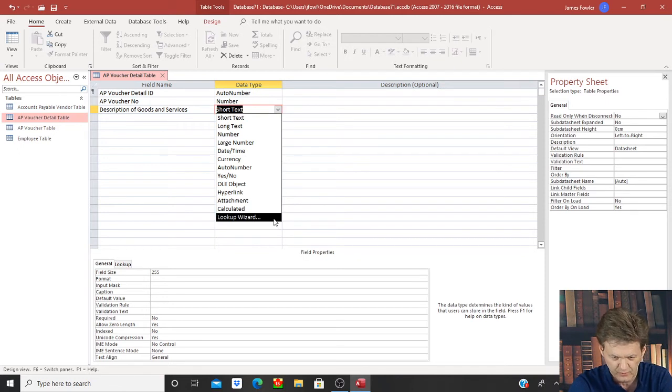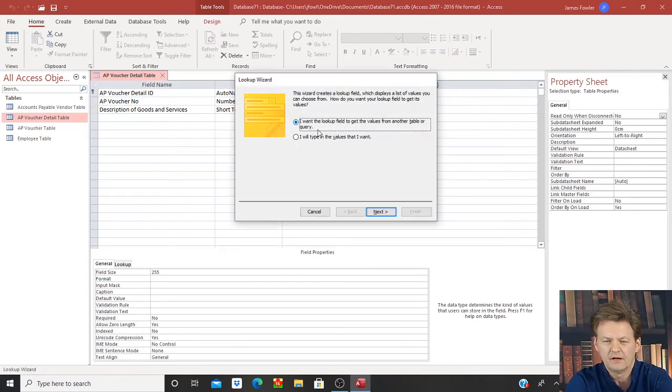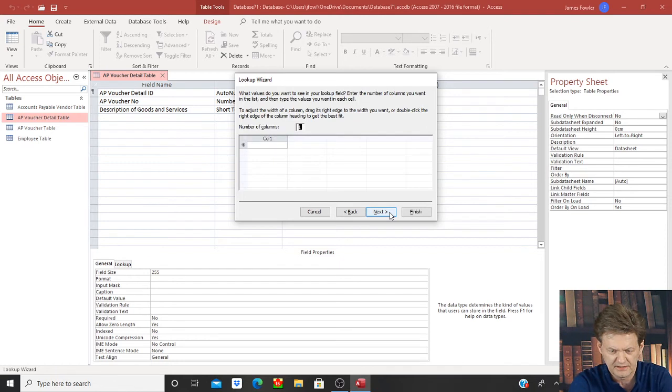So we'll go down to lookup wizard, and if you remember from the previous relationship that we were creating, we left it at the default up here. So now we want to go down here. We want to select, I will type in the values that I want. And we'll select Next. And we'll just start to enter in some expense types. So we'll put in rent,